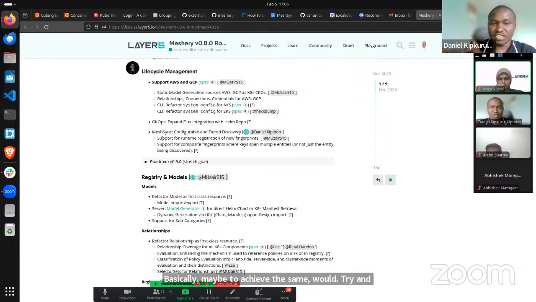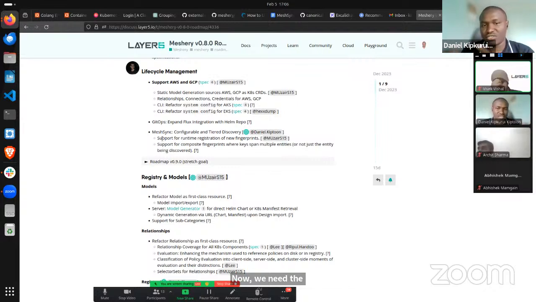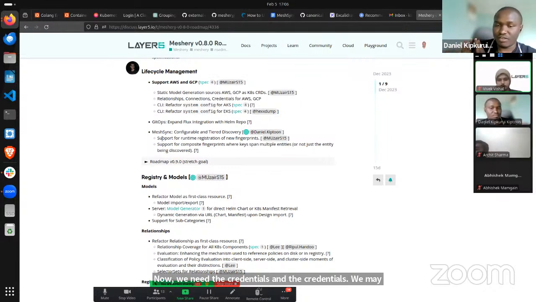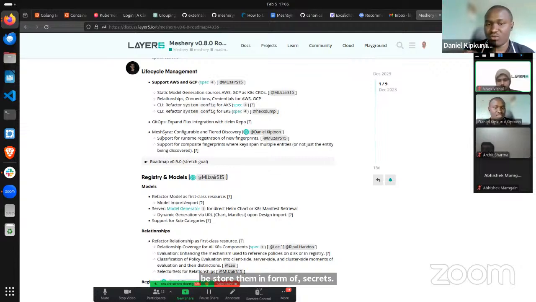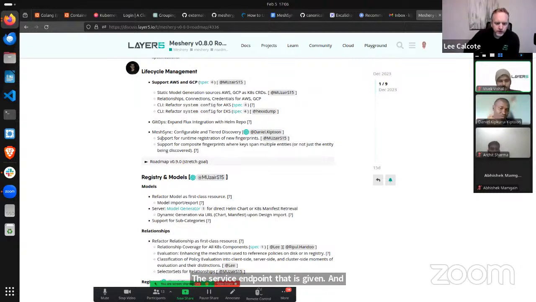Say when you get a service, we can get the service endpoint, and then we need the credentials, which we maybe store in the form of secrets in the cluster. So using that, can we just make a call to the service endpoint that is given, and then